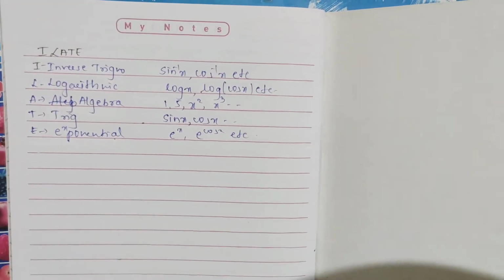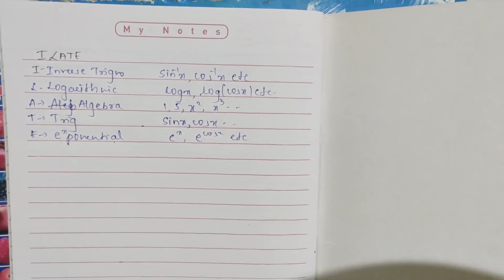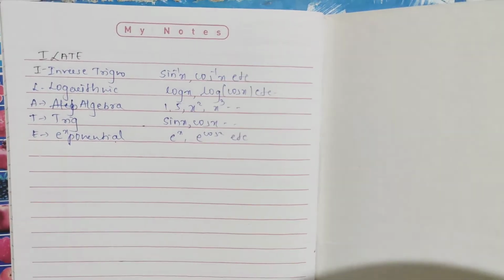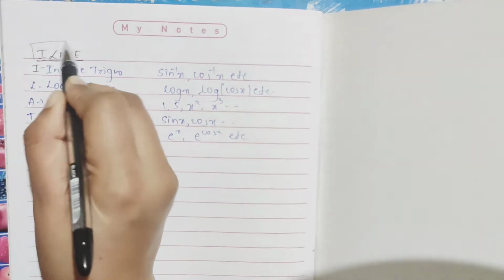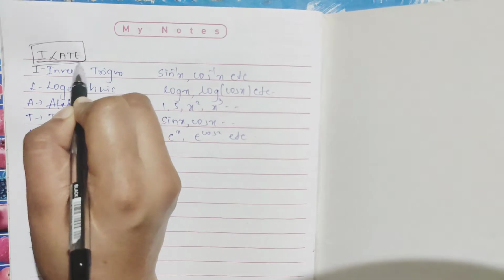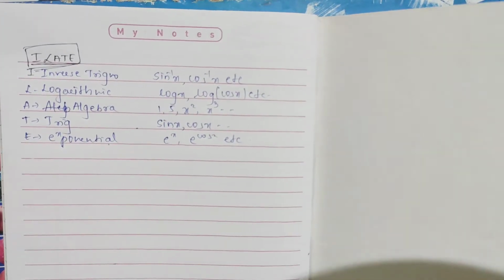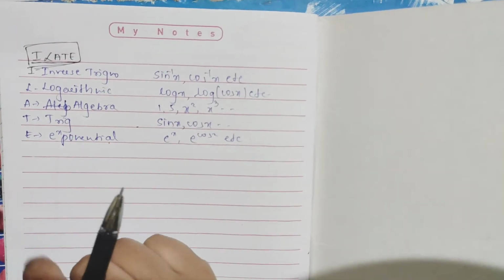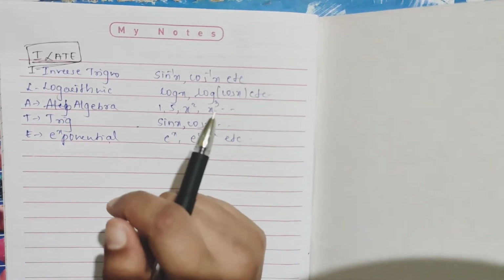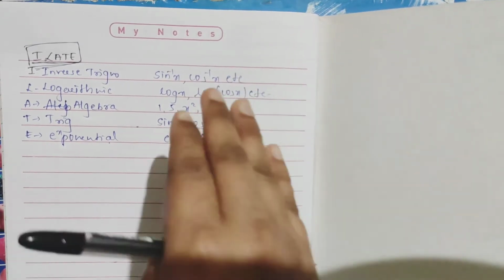So this is one more method. Method means it is just a kind of steps. If you follow it like this, deciding which function you have to take as your first function, by ILATE, it will be very convenient for you to solve easily. As I have shown you now with x and cos x: in that I had taken f of x as x and g of x as cos x. But the second time I showed you cos x and x.